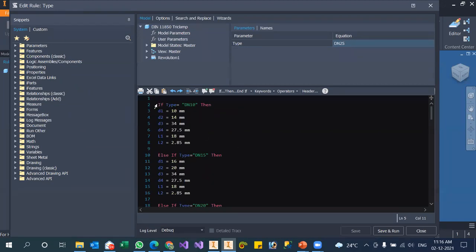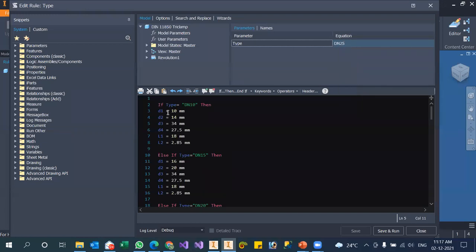I have written a small, simple logic. If Type is equal to DN10, where Type is nothing but the user parameter, if this user parameter equals DN10, then what does it have to do?